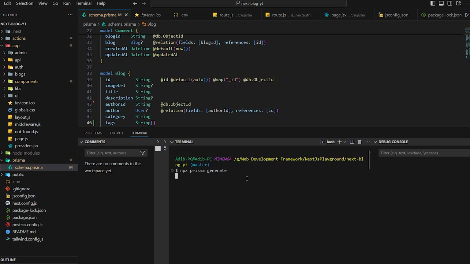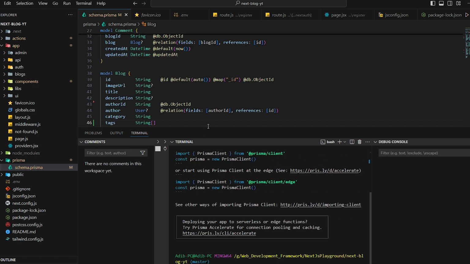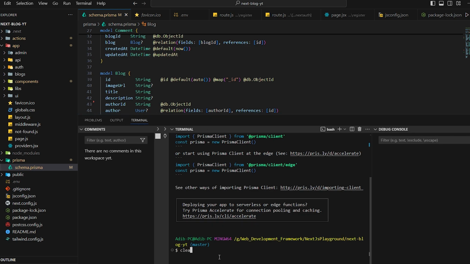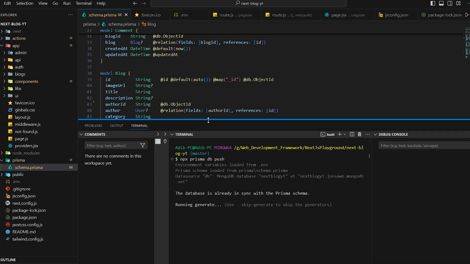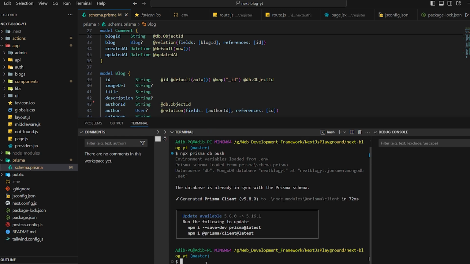It will take some time, and then we'll push this migration to the MongoDB database with npx prisma db push. It will work just fine. Once that is perfectly done,